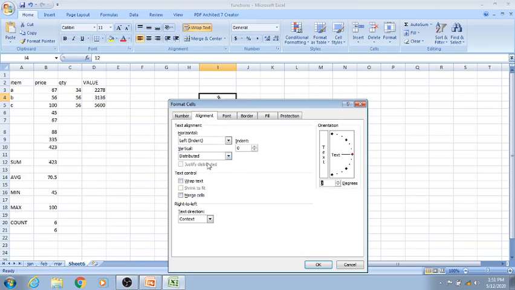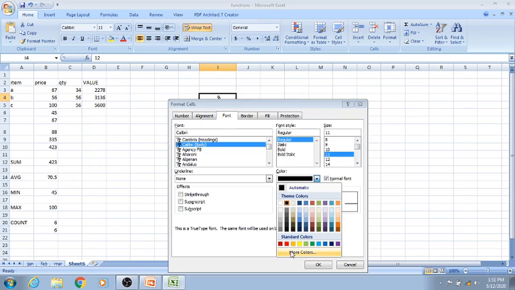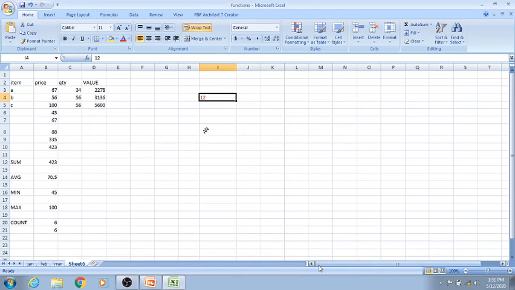Now font. Can you change the font of a number? No, because font is changed only for the text, but you can change the color. Can you change it? Let's see. Yes, the color is changed, but can you change the font?